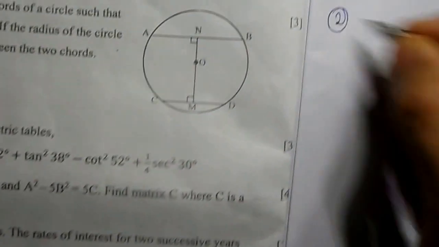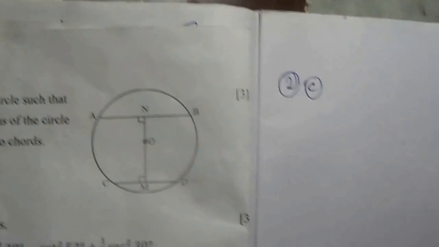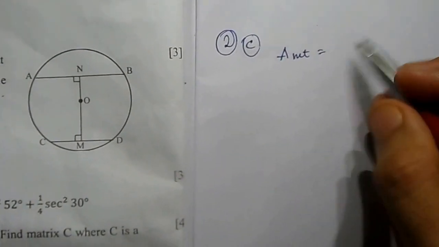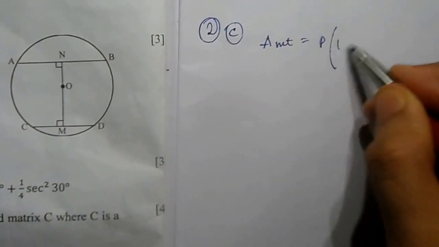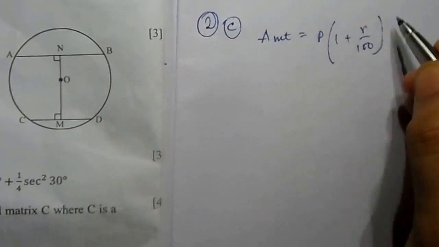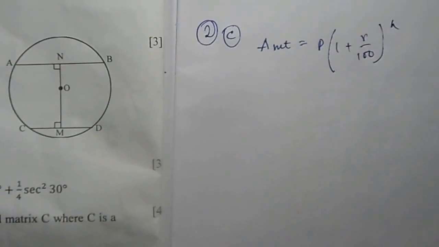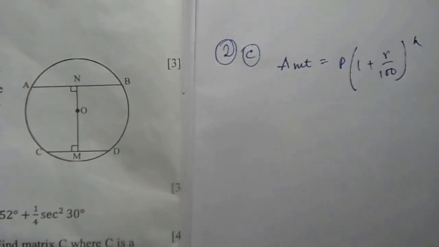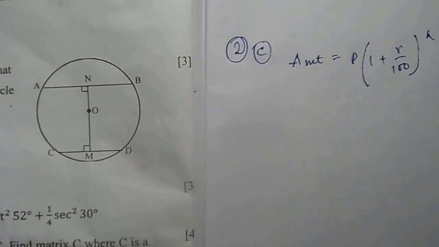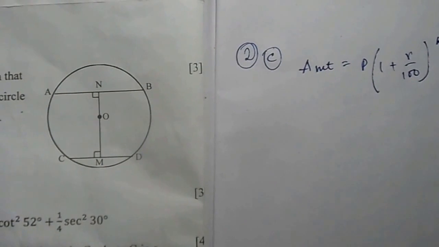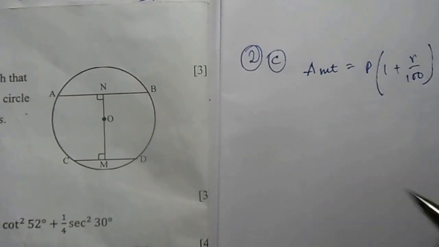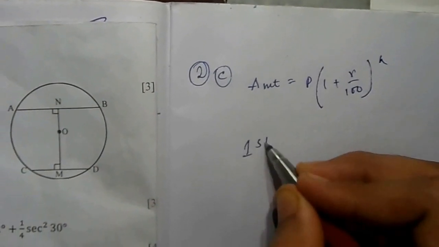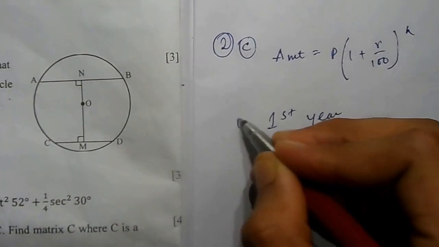So let's solve it. Well, first let's write the formula for the amount of compound interest. Amount equals, what is amount equal? Principal into 1 plus r by 100 to the power n. So what it states here is there are 2 successive years and there are 2 different interests. So we will calculate 2 different interests for 2 different years. So for the first year, and she also repays some amount at the end of the first year, so we have to do that. For the first year,